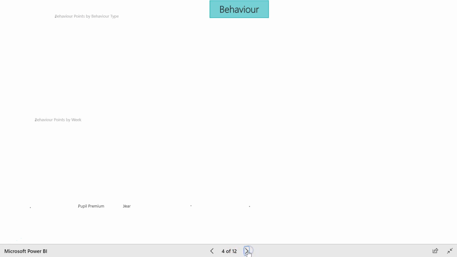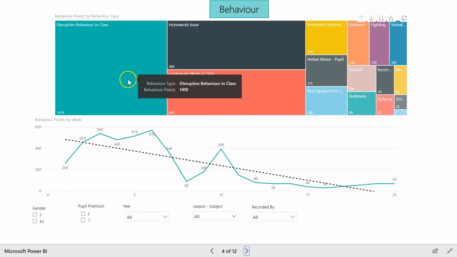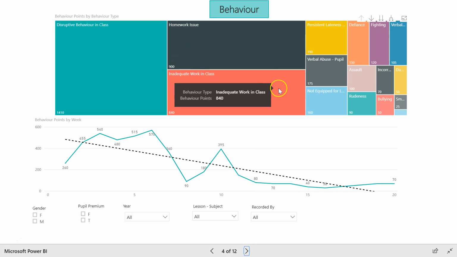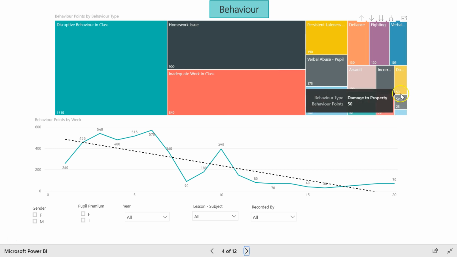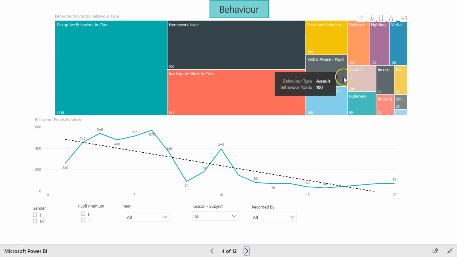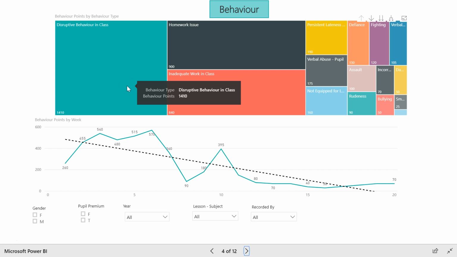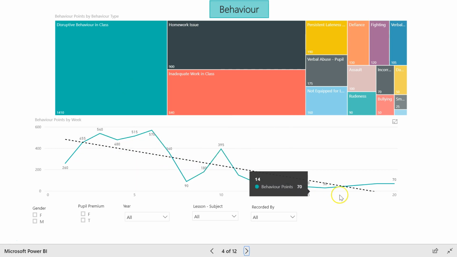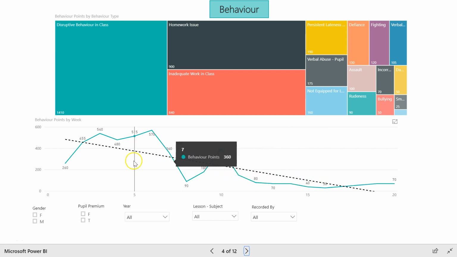Next tab along here is the behaviour tab. So these are negative things that are disruptive, homework not handed in, etc. And you'll see the tree map again coming into its own here, the relative sizes of those squares representing how many points have been penalised, as it were, for those particular disruptive behaviours. And again, the overall trend is down, so I suppose that's a positive thing, although it could just reflect that people aren't entering behaviour points into the system. And we've got the same slices at the bottom. Okay, I'll move on to the next